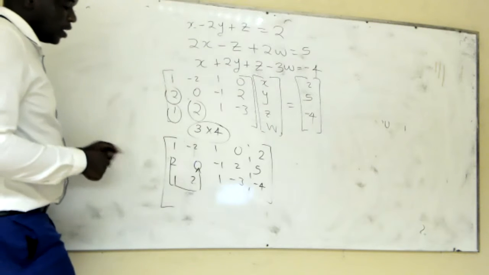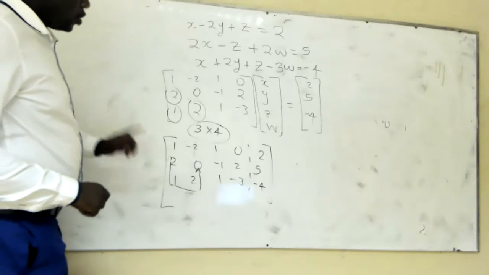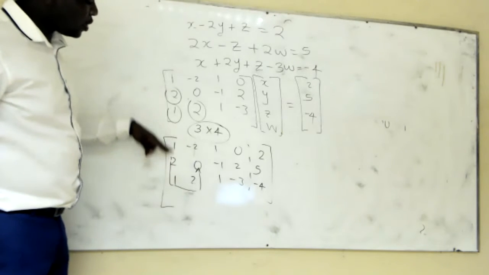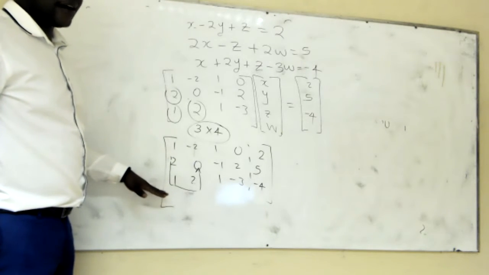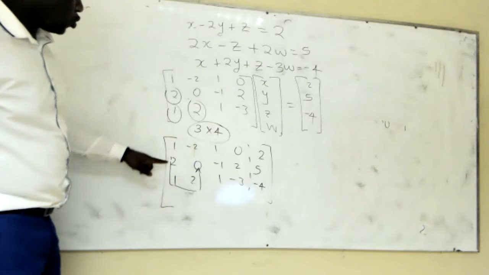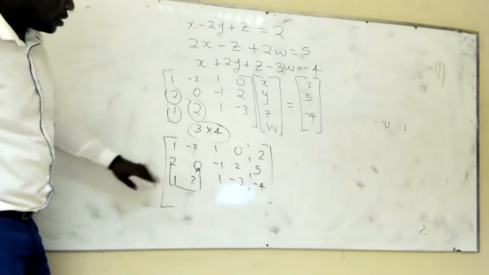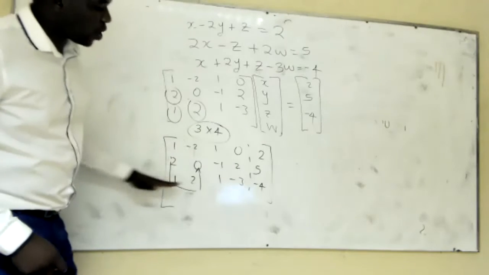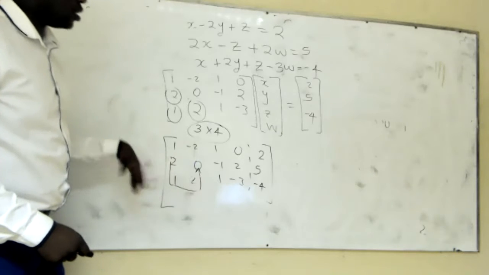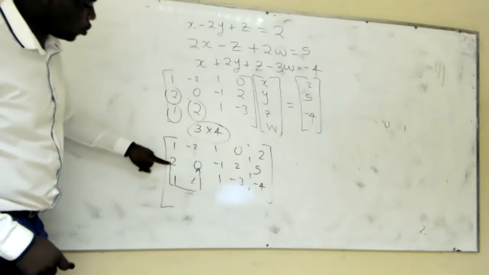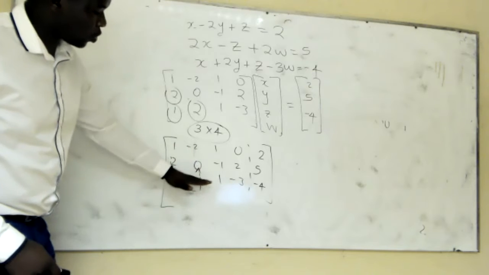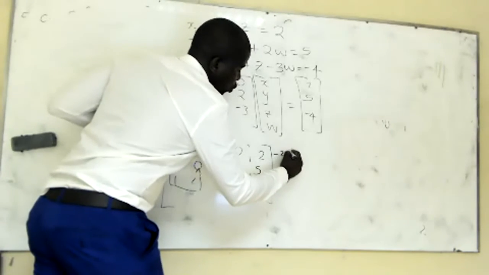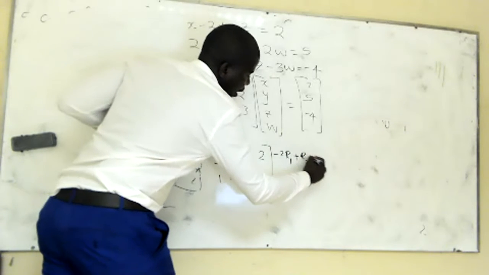Okay, then now we start by obtaining a 0 here. The good thing about this is that the zeros along the same column we can get at the same time. So that cannot be a problem. So let's get a 0 here and a 0 there at the same time. For getting a 0 here, we need to use equation number 1, or we can use equation number 3, whichever is going to give us the answer. Let's use equation number 1 to obtain a 0 on row number 2 and row number 3. So we are going to have -2 row 1 plus row 2,